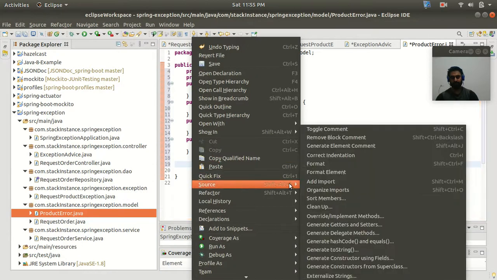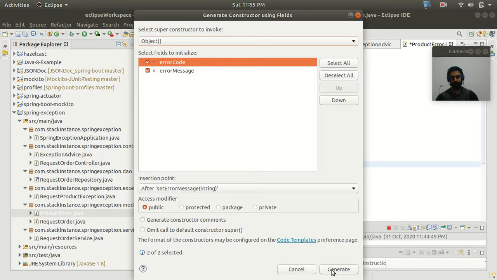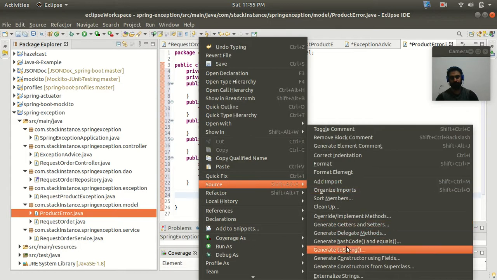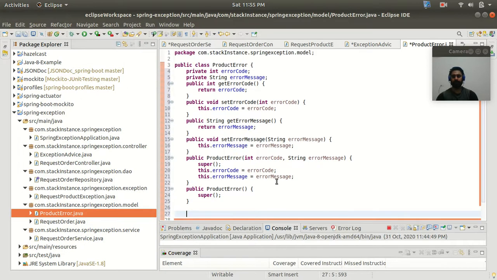Let's generate the constructors also. Generate it. Yeah. So guys, I have created one ProductError class to show our error code and the error message, right?